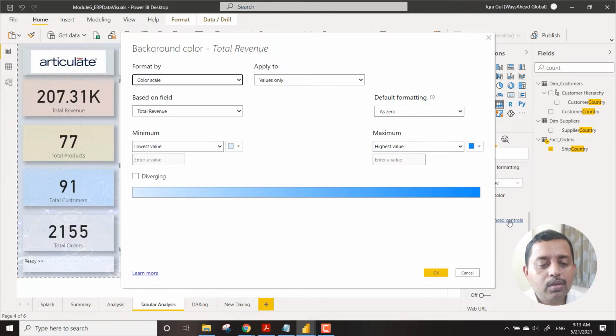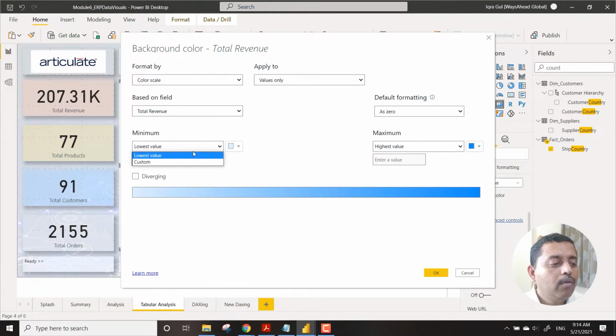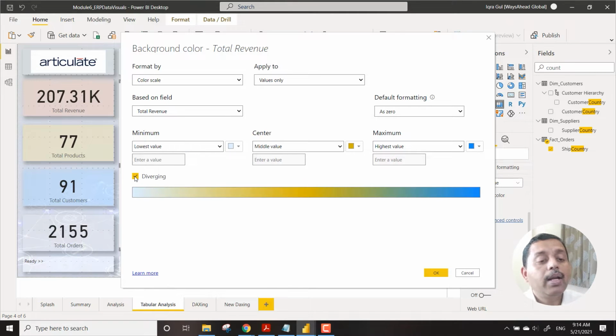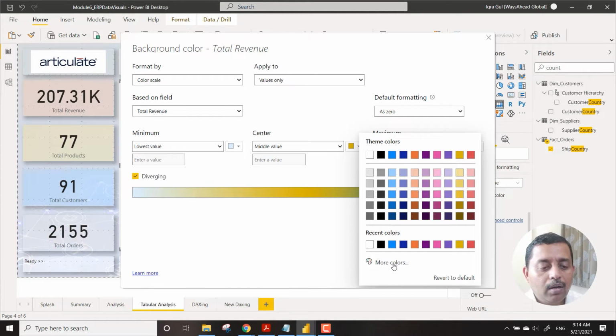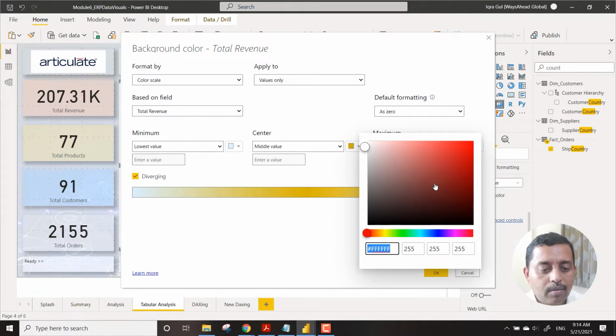Then you go to advanced control, and you see that it is a color scale. Over here we have custom value, lowest value, all these things, and we say okay, I want diverging data, and the highest value should have, let's say, a green color. So I'm just bringing a light green.